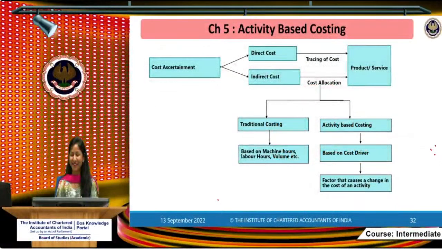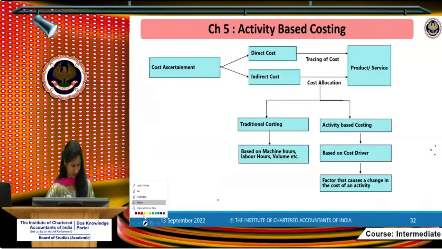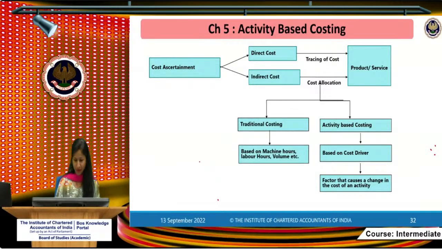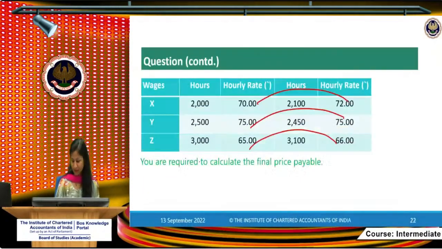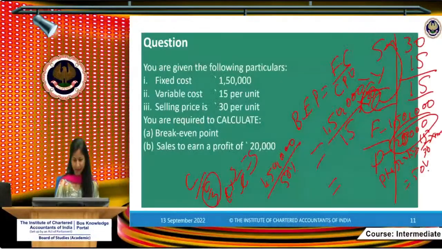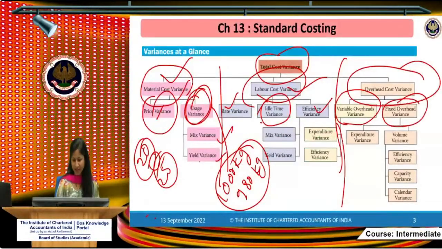I hope sir has beautifully explained all the concepts which you are eagerly waiting for, like a quick revision. You have understood the concepts relating to standard costing, and gone through all the formulas. You need to first understand the concept, then only can you get the meaning of the formula, while applying how to put the figures and how to find the variances.